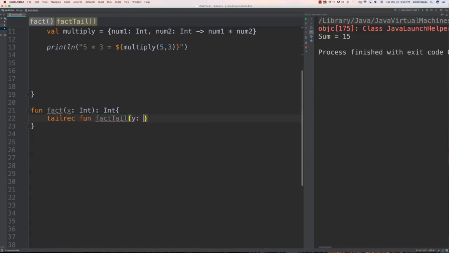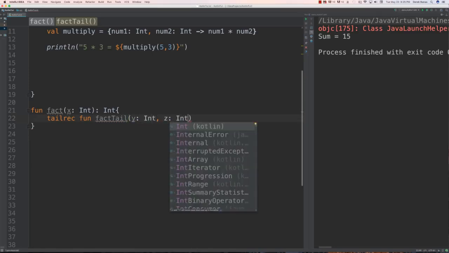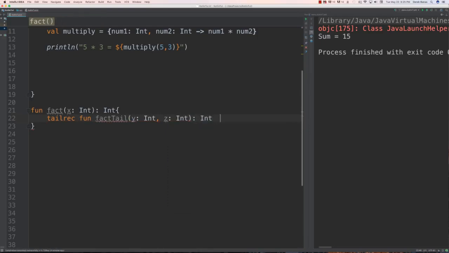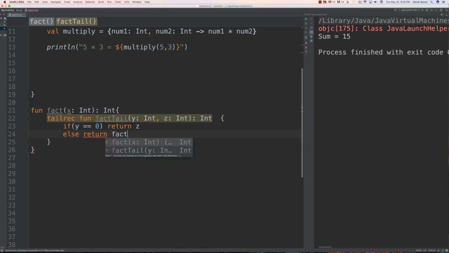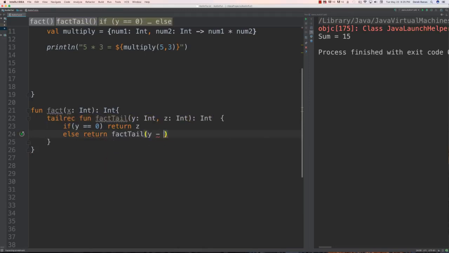It's going to take y, which is going to be an integer, and z, which is going to be another integer, and it's going to return an integer. This is just a function that calls itself until it ends. Anytime you do that, you have to have an exit scenario. So our exit scenario is whenever y is equal to 0. In that situation, we're going to return z. Otherwise, we continue having our function call itself. So we'll say return, and we'll call factorial tail with y minus 1 and y times